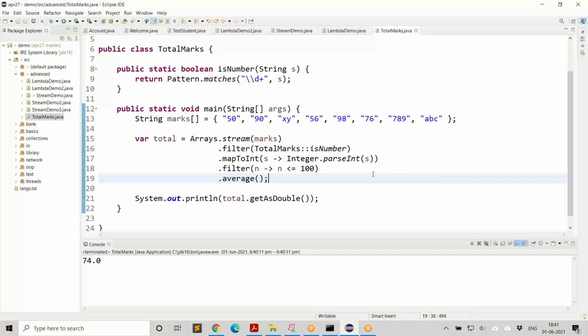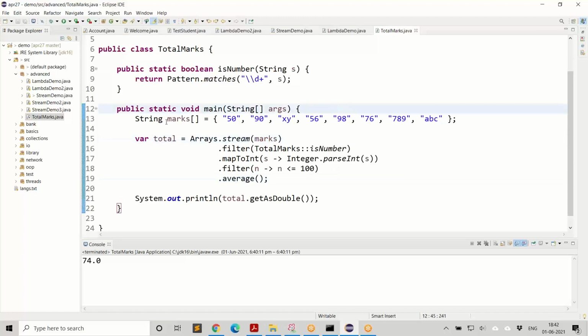It's just the tip of the iceberg. You have a lot of other methods which you can use, but we have seen how to map, how to sort, how to filter, and how to consume using forEach. And then this is average, which is another terminal operation. Even sum is a terminal operation.